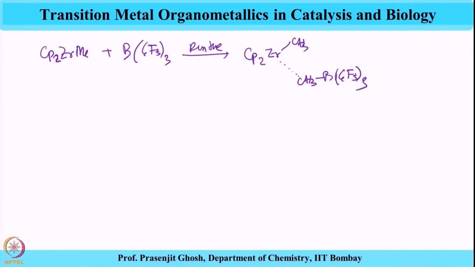So, this is an ion pair separated species with zirconium being positive and boron being negative, after abstracting the methyl from zirconium dimethyl. This famous nice example was reported by Marks in 1991,